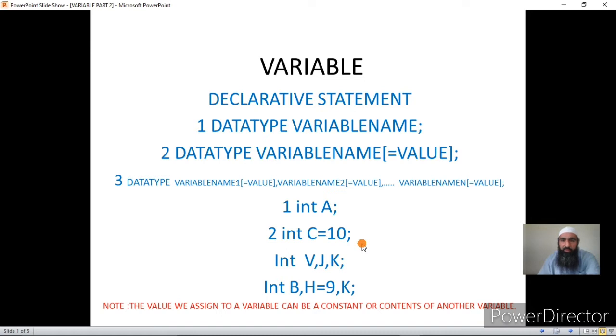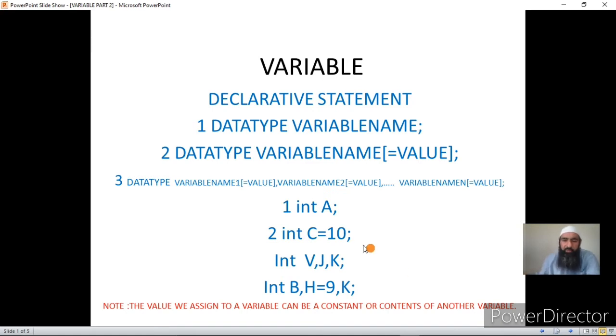That is, it can be used in other statements like assignment statements or iterative statements or conditional statements or any other statement. Before that, it has to be declared. If it is not declared, you cannot use the variable. By using a variable I mean mentioning the variable name, but we have not declared that variable in a declarative statement.